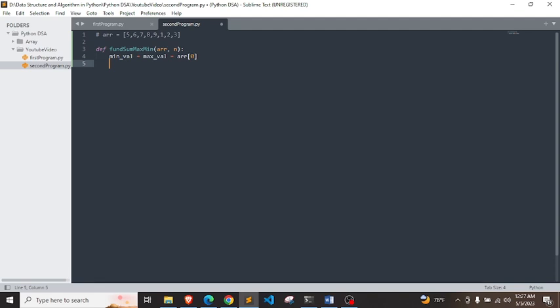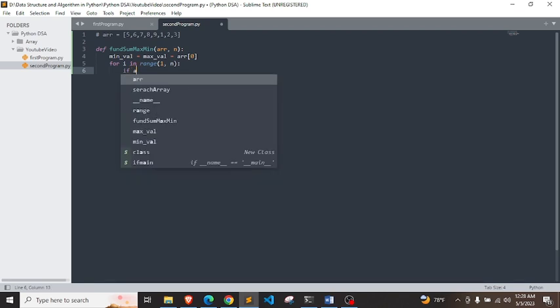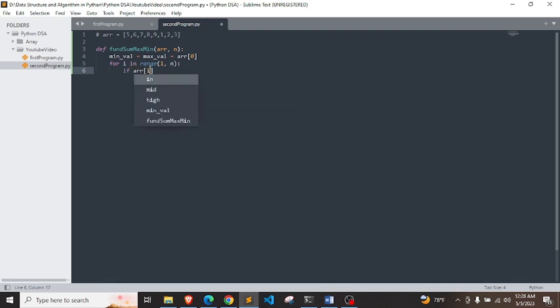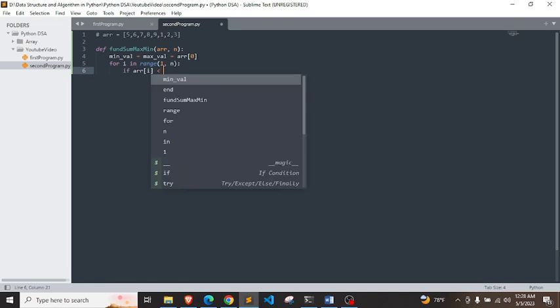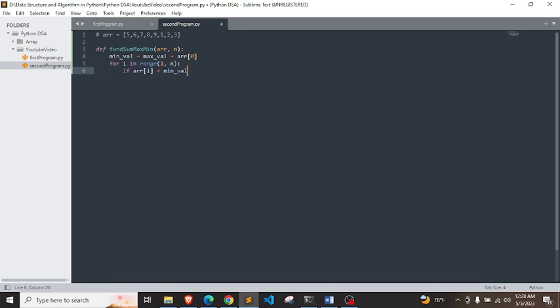Now write one loop, for i in range of 1 to n, and write if array of i, the current element, is less than minimum value, then write